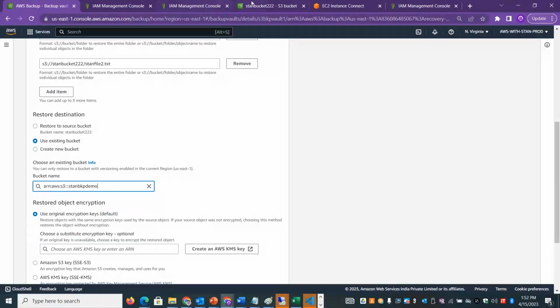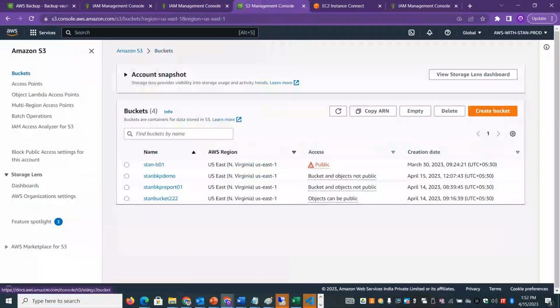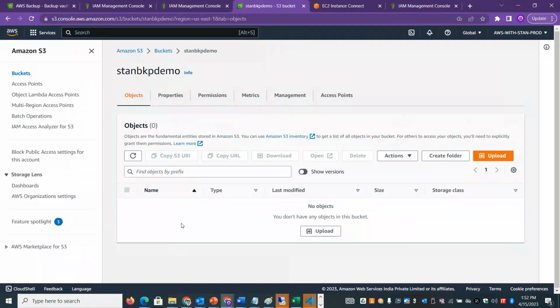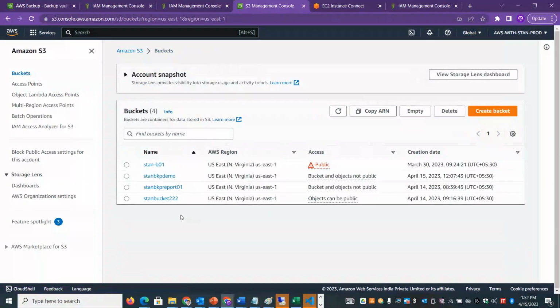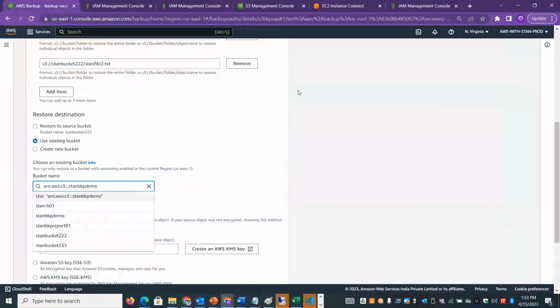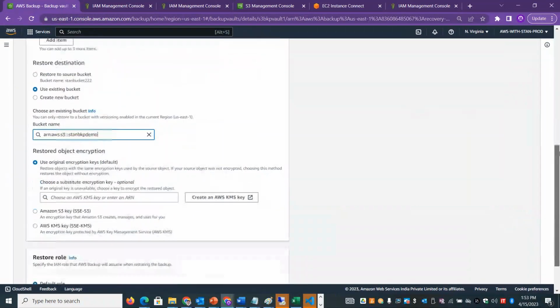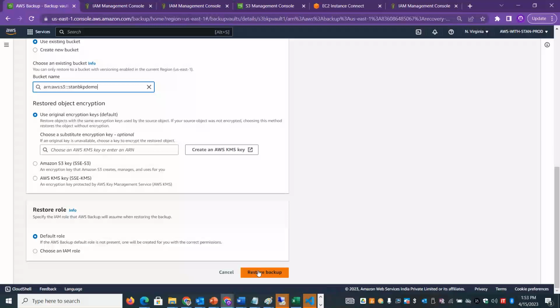This particular bucket is in fact empty. It doesn't have any content. It will have the 2 files that we are restoring in a short while. And also the other restoration will create a new bucket called stand bucket 333, and it will restore the content here. So let's give it a couple of minutes. The restoration will take some time. So now let's go and restore. So we have done 2 different